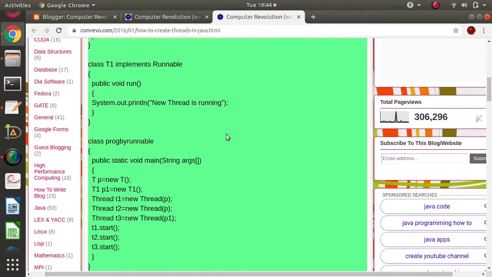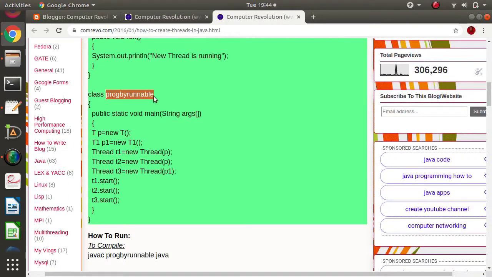So see, we have created one class, and there we are writing main method. Anyhow, execution starts from the main method. For that class we have created one object. Suppose we have created object p. T is our class where we have implemented runnable interface. Then we are creating object of thread class, and there we are passing that object p, and then we are calling start method. Whenever we create an object, it is in a newborn stage, and whenever we call start method, it goes to the active state, that is the runnable and running phase.